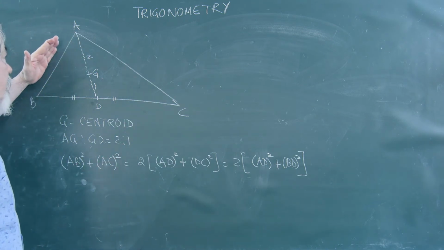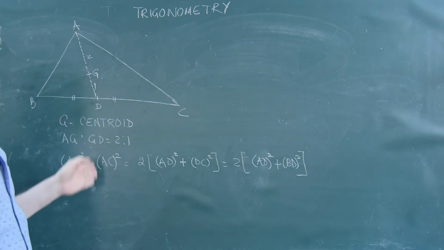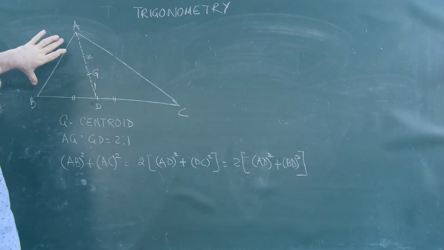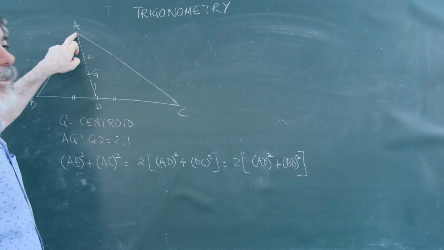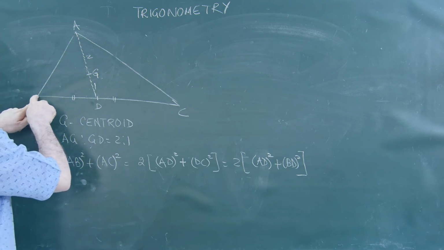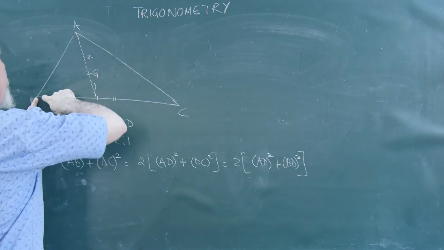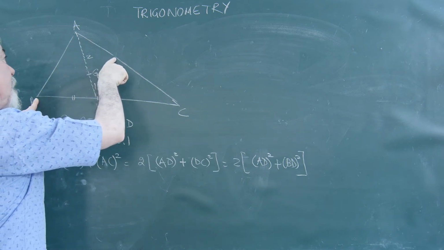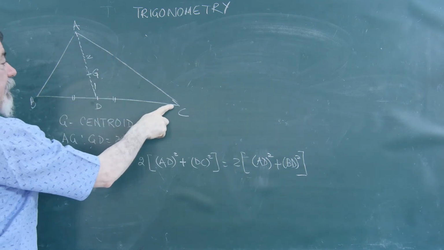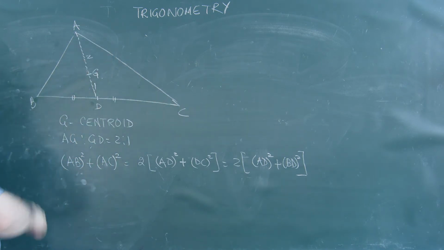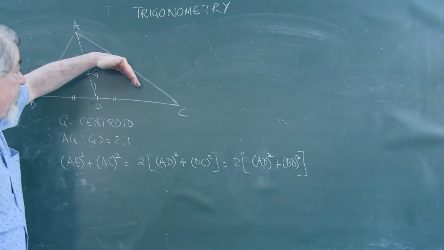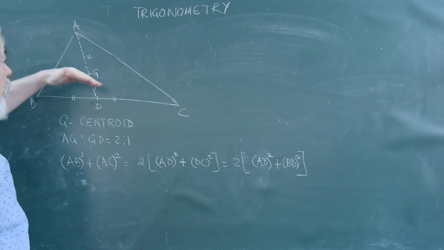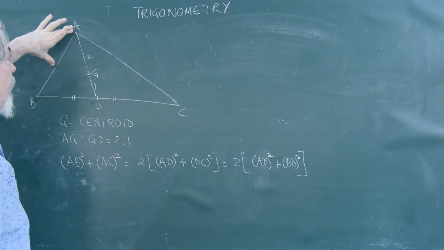The square of the side containing the median, whichever the median is there. If I am taking AD as the median, then this is the side and this is the side which starts at the point A. Suppose I take this point B, then I would take BC square plus BA square, and I will say the length of the median square plus half of this. If I take C as the vertex and from C I drop the median here, then I would take AC square plus BC square will be equal to double of the median dropped from here and half of this side.